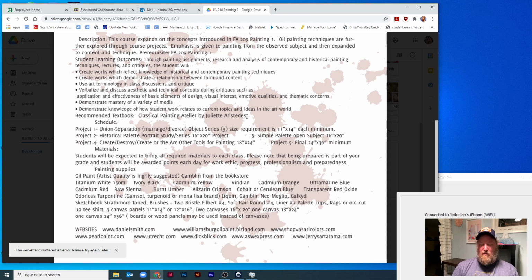Down at the bottom, you have websites. These are websites where you can find places to buy supplies. The bookstore does not have these supplies. They might have some of them if you go in, but at the end of the semester last year, right before the semester started last year, this fall,